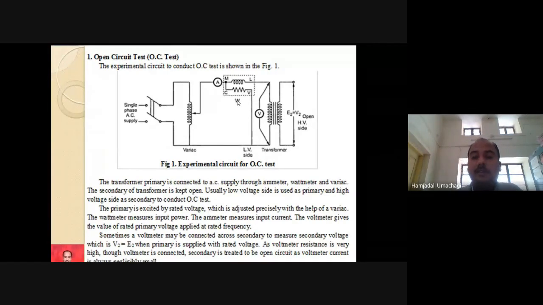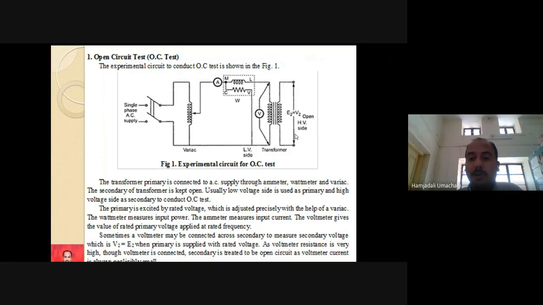Yes, sir. Wattmeter is used to measure the power. But now I told you that in the open circuit test we get the information of iron loss or constant loss. So the wattmeter during the open circuit test is going to give the information of iron loss, because here the secondary side